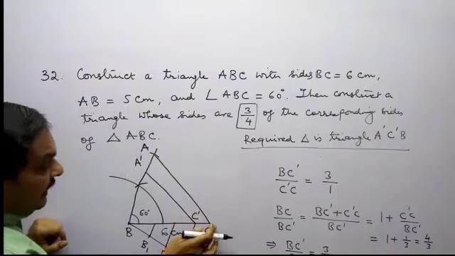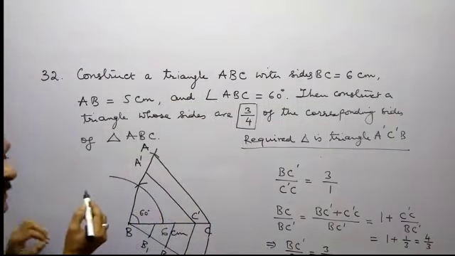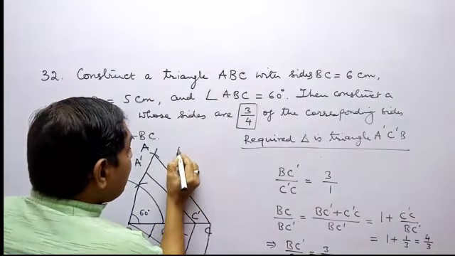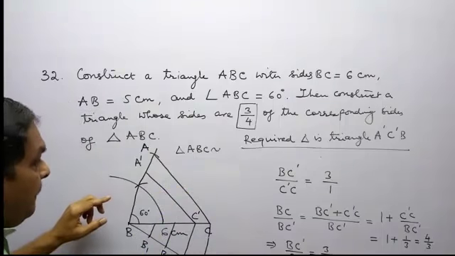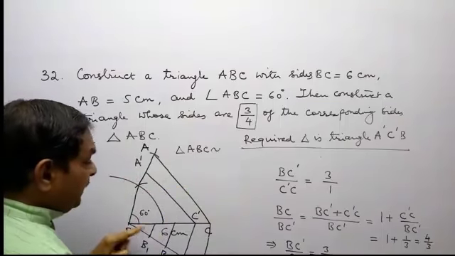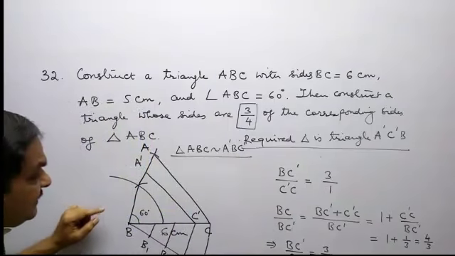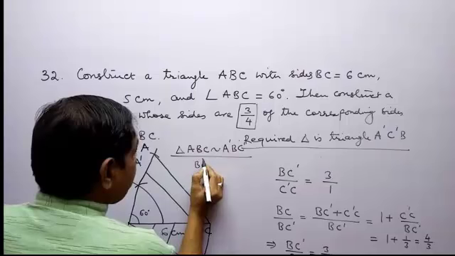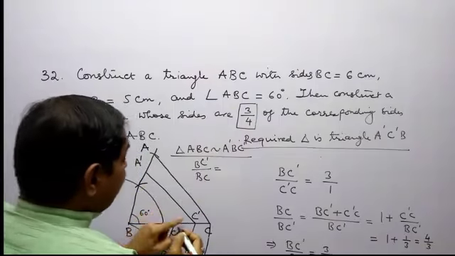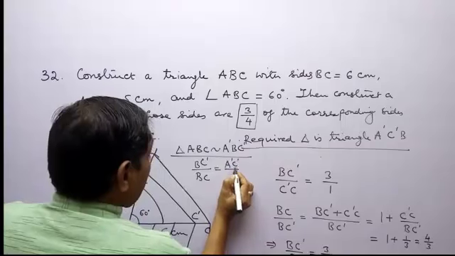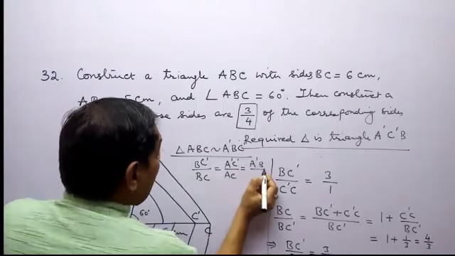Now, since AC and C dash A dash are parallel lines, so triangles, we can write it here, triangle ABC is similar to triangle A dash B C dash, which means BC dash upon BC equal to A dash C dash upon AC equal to A dash B upon AB,